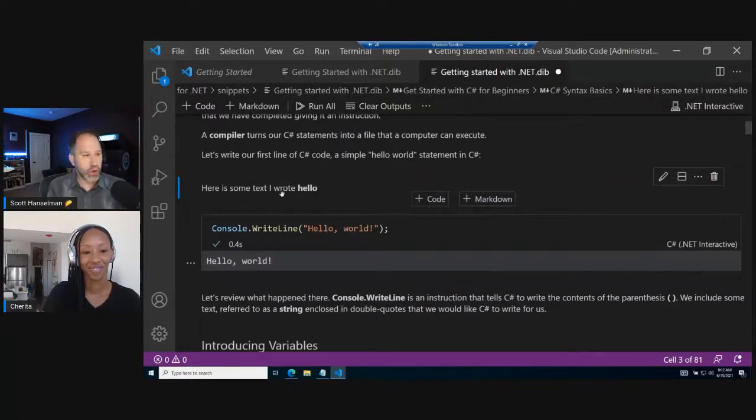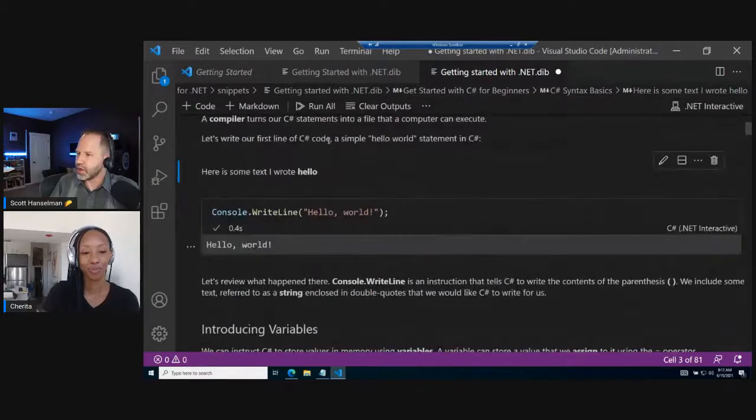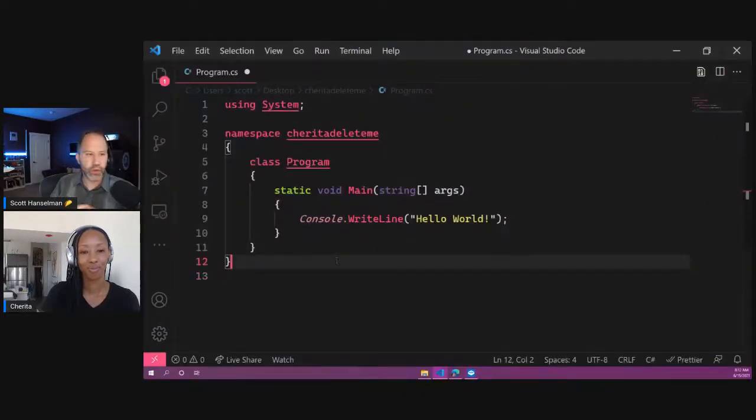So this is a cool way that teachers and students can share these notebooks. This file right now is called a DIB. A DIB is a .NET Interactive book. And this book here is what we're going to go through, and this is going to help us learn C#. But it's worth pointing out that a little later, probably either later today or tomorrow, we'll get into